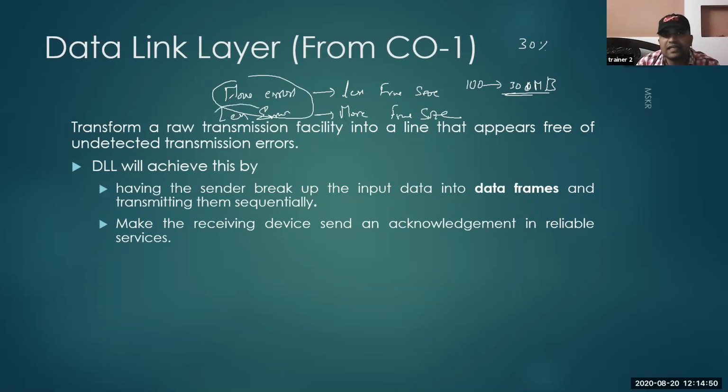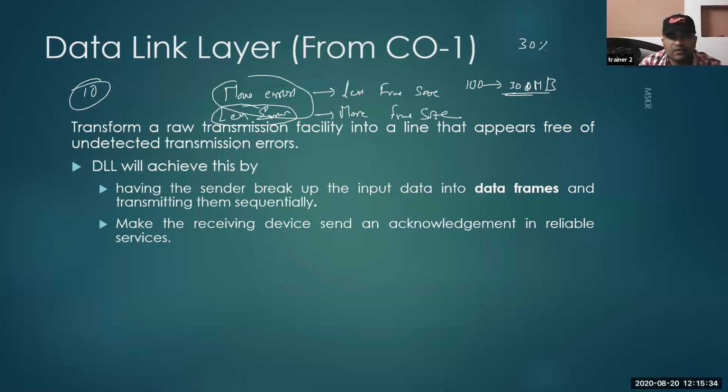If there is very little chance of getting an error, say only a 1% chance, then instead of dividing the information into 100 parts, let's say I divide the information into 10 parts. Out of 10 parts, I know only one part will get an error. If I send that one part again, there is only a 10% chance to get an error in that one part. So within 1.3 GB I can send the data without any problem. That is the logic here. So more errors, less frame size; less errors, more frame size.